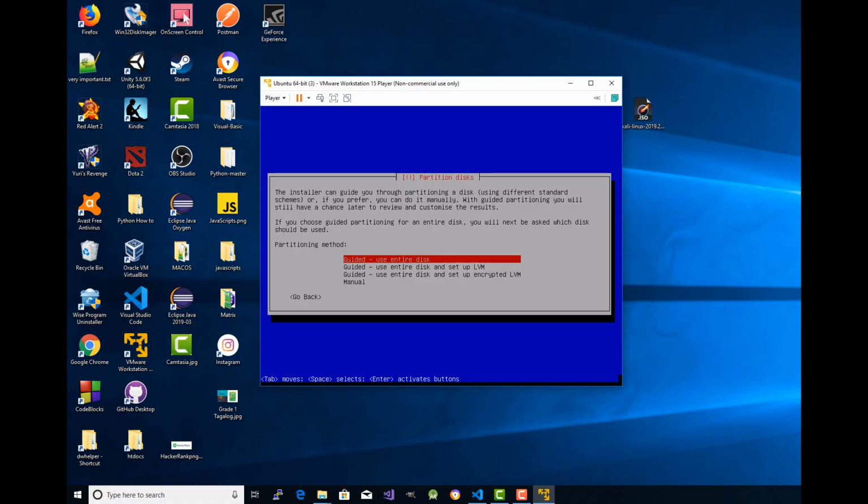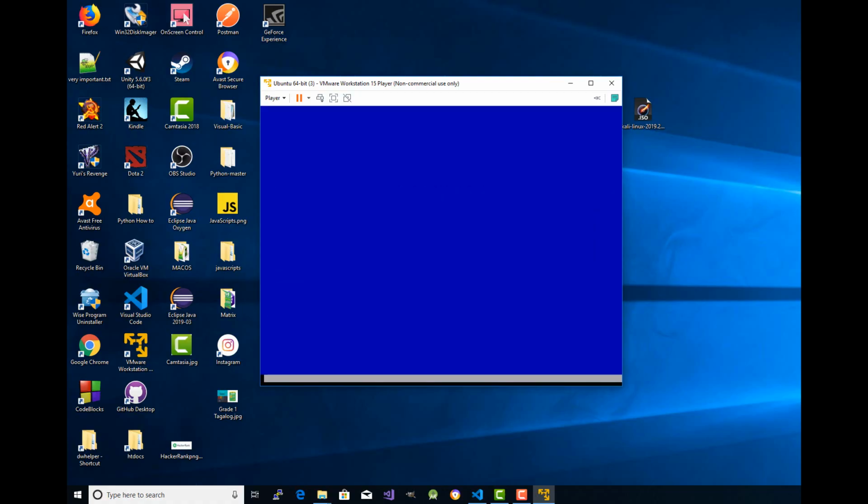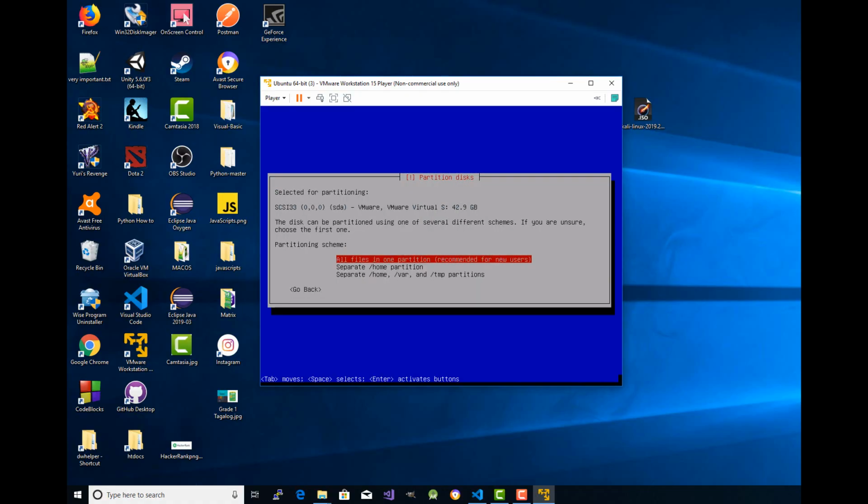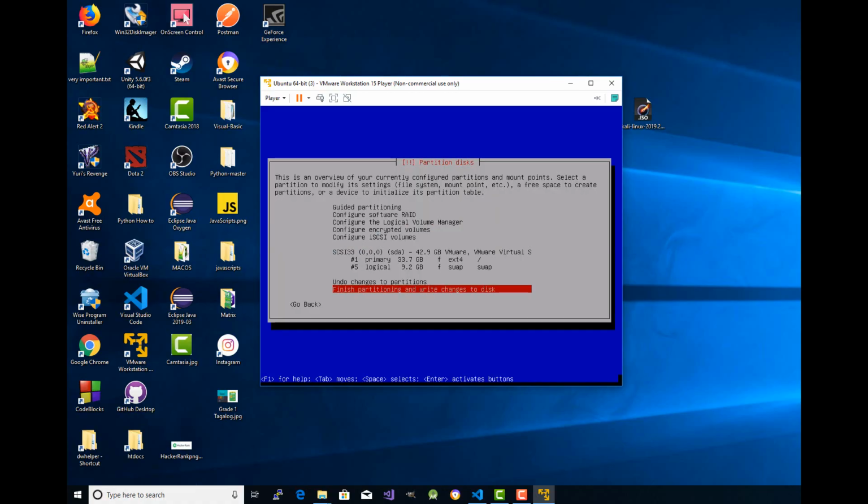Okay, so pick the first one. Okay, all files in one partition. So yes, finish partition with write changes to this.